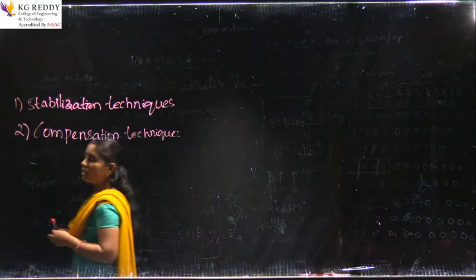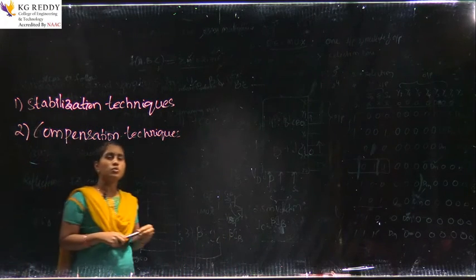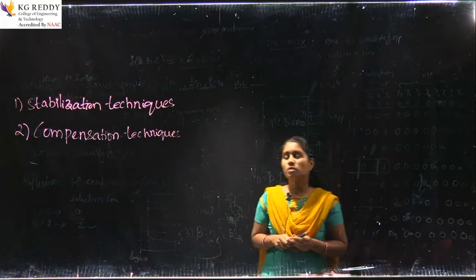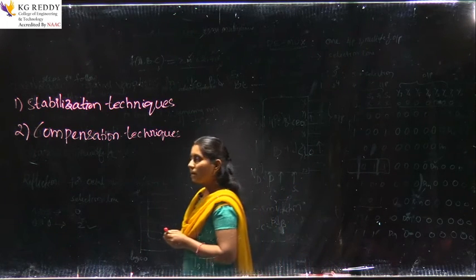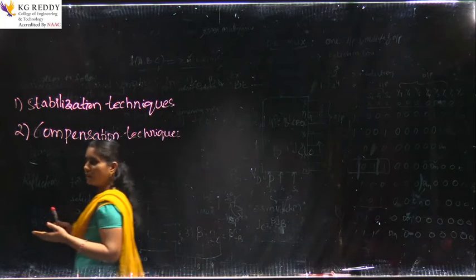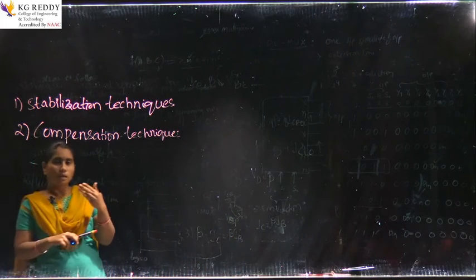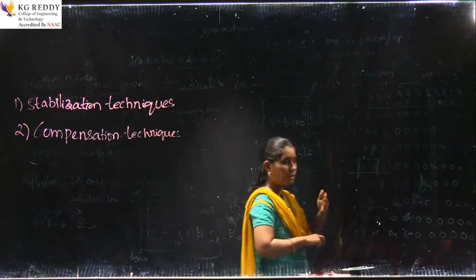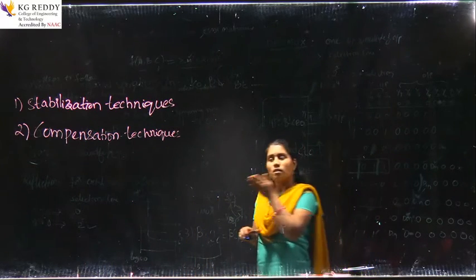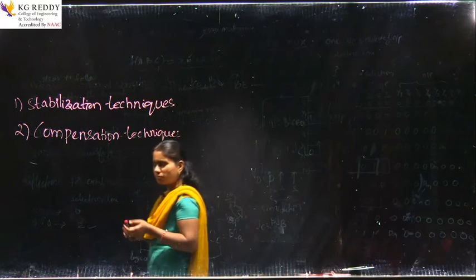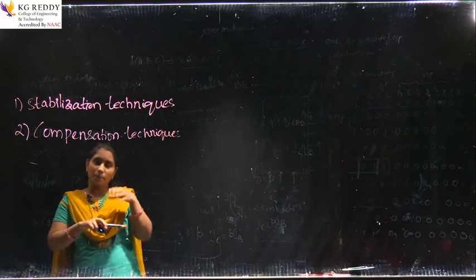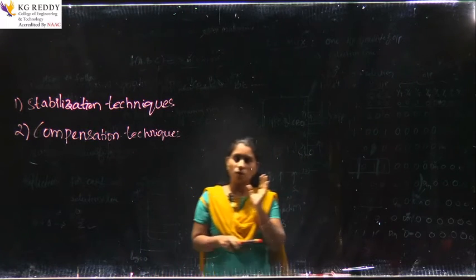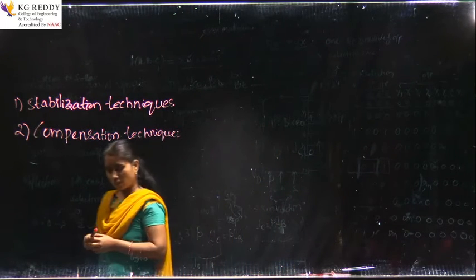In the case of stabilization techniques, these techniques use the resistive biasing circuit, so that the base current could be varied. Instead of the collector current varying, the collector current IC is made constant and that is fed back to the base current. The base current is varied by fixing the collector current constant. So, that is about stabilization techniques.